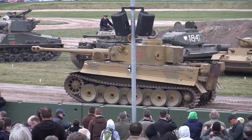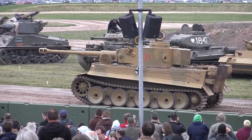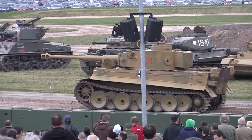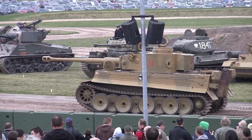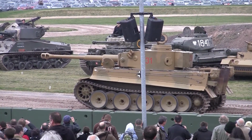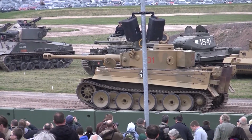But do please, as I mentioned earlier, keep out of the way of the vehicle when it's driving up the road. Keep an eye on the dogs and the children so they don't go running out as well. And when these vehicles are parked up, do remember the exhausts are very hot behind them. We'll have stuff there warning you about it, but do remember they're very, very hot items there. Now inside the museum, for the rest of the afternoon, there's plenty of other activities. There's talks, show and tell. The rest of the museum...